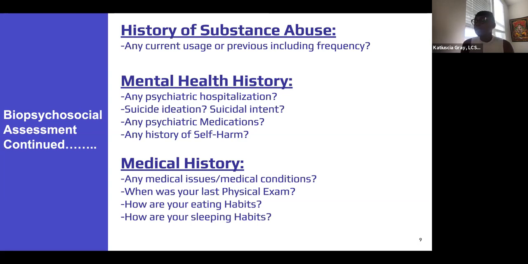We also want to know about any psychiatric medications, right? Have they been on any psychiatric medications? Have they, at one point in their life, taken any psychiatric medications? We need to know a little bit more about that. What was the actual medication? How often were they taking it? Are they currently taking it? If they stopped, why did they stop? Lots of people will tell you, I don't like the way it made me feel. Okay. And that is something to lean into. Why didn't you like the way that it made you feel? And based on that medication, you can tell what is their history, right?